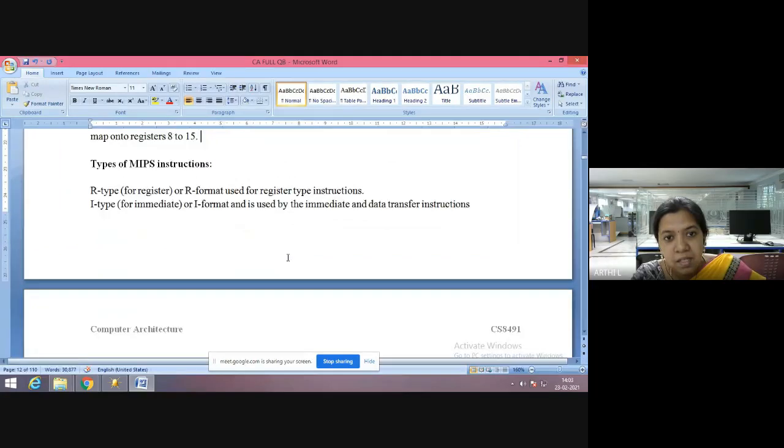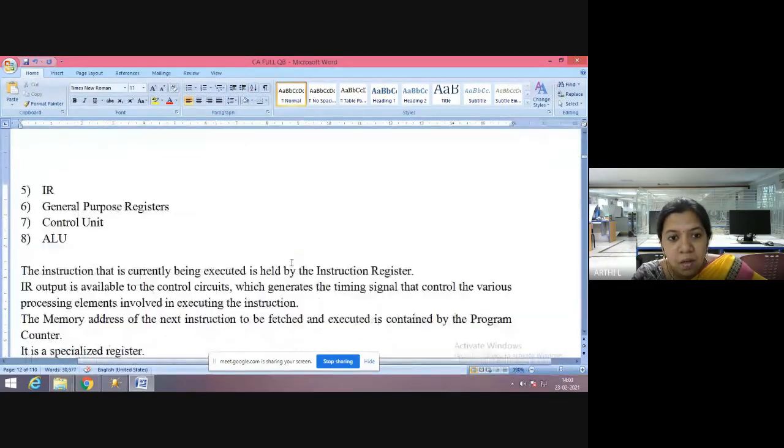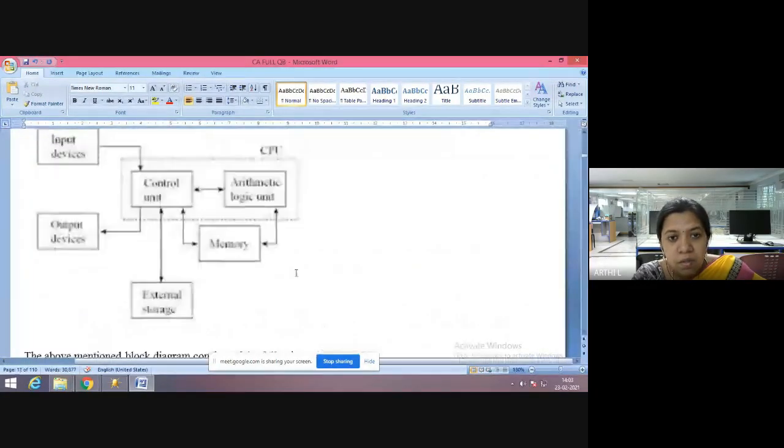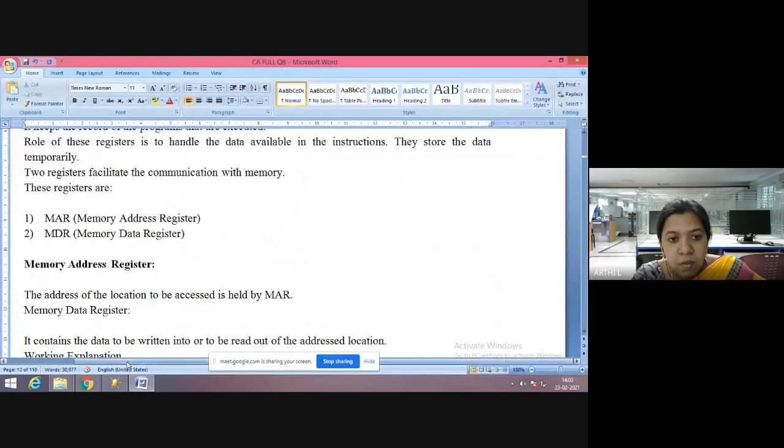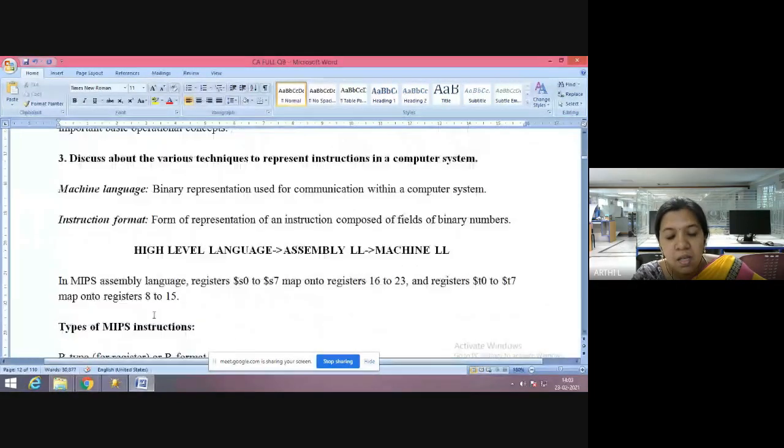So you can see the register names here. I wanted to make it a bigger size. You can see dollar S0 to dollar S7, and registers T0 to T7. Those numbers are given here.